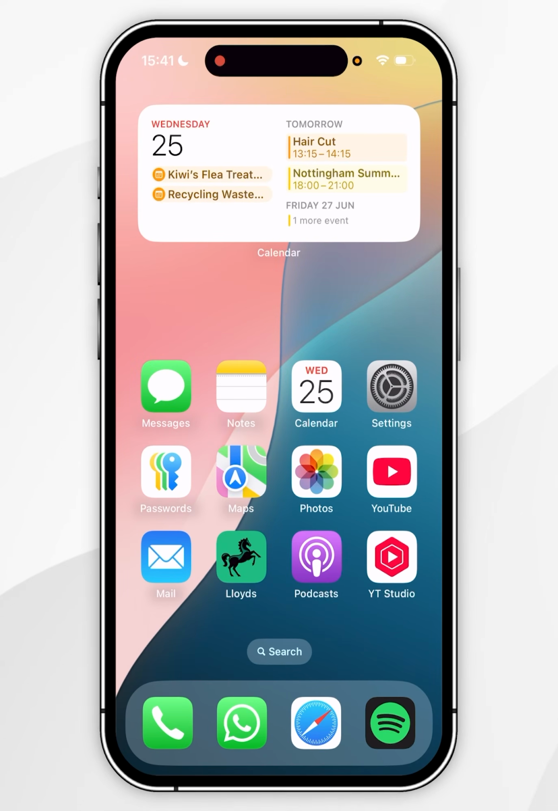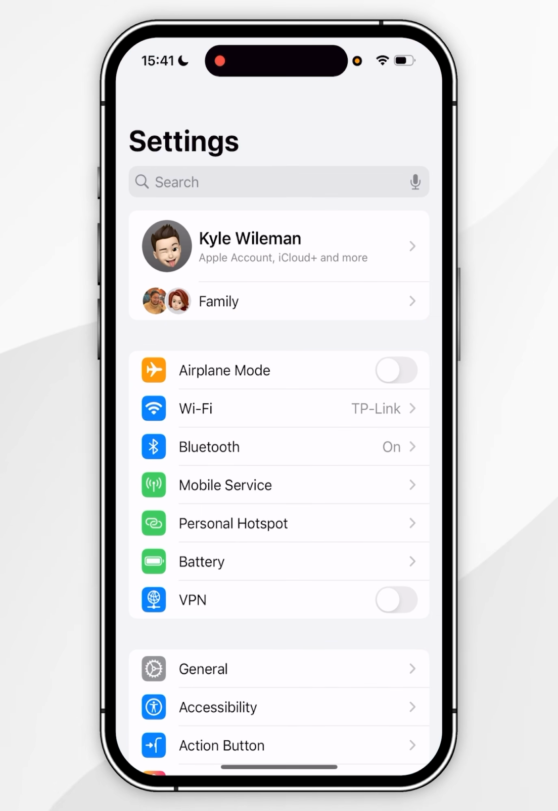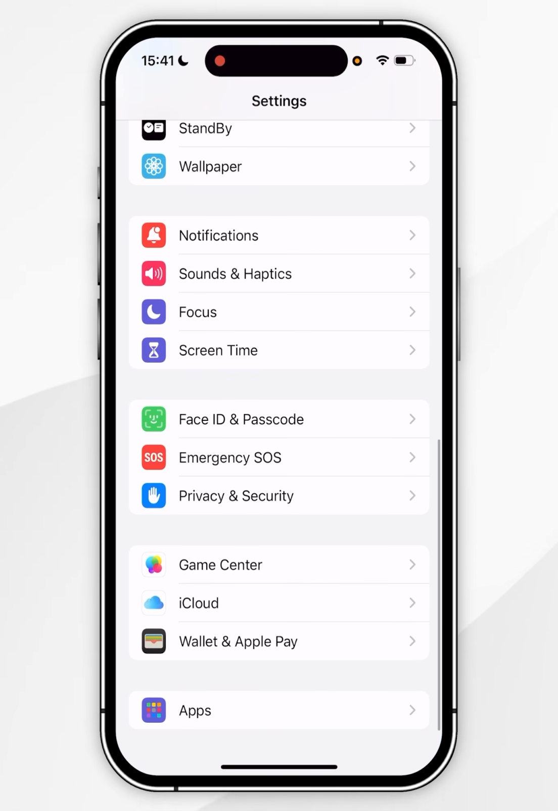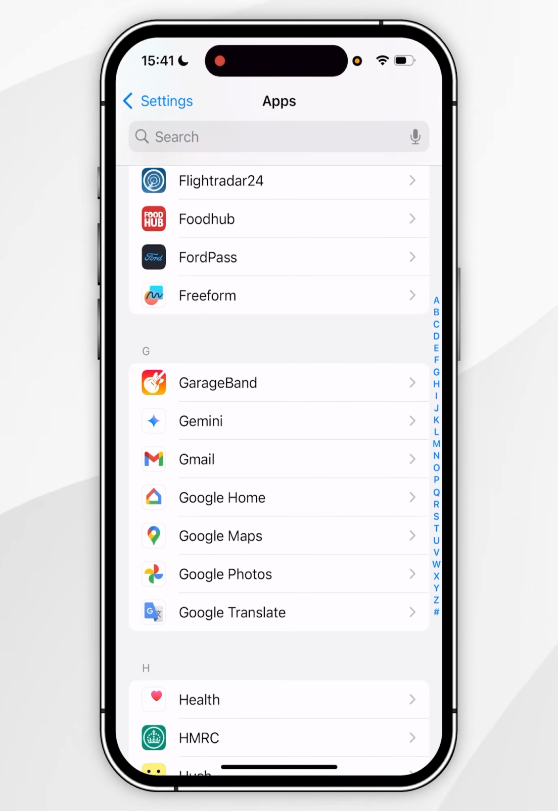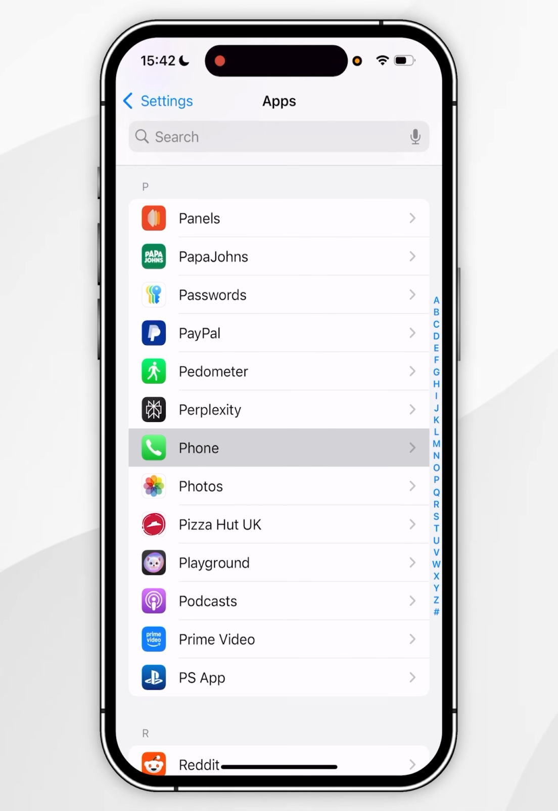The first thing we need to do is to make sure silence unknown callers has been disabled. So to do this, we want to open the settings application. Now you want to scroll all the way to the bottom until you find apps and tap into that. Now you want to scroll down until you find the phone option, and once you've found it, you want to